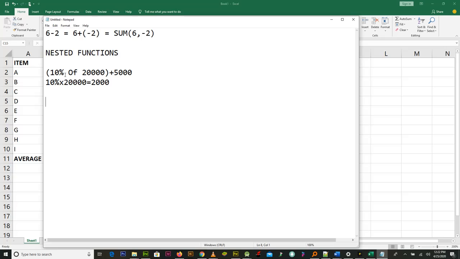Then if I get 2,000, then add it to 5,000, then this one I'll get 7,000. So this means you can use a nested function, and this is a nested function. And what do we mean by a nested function? Nested function as in form of